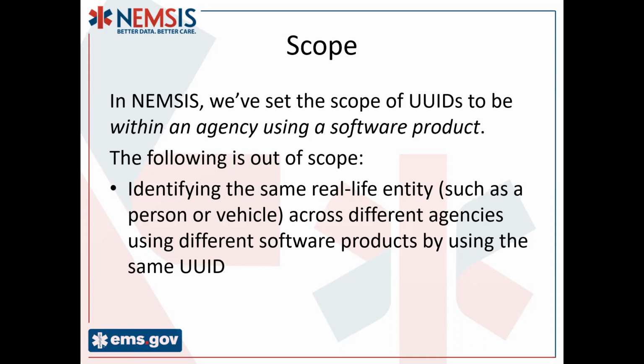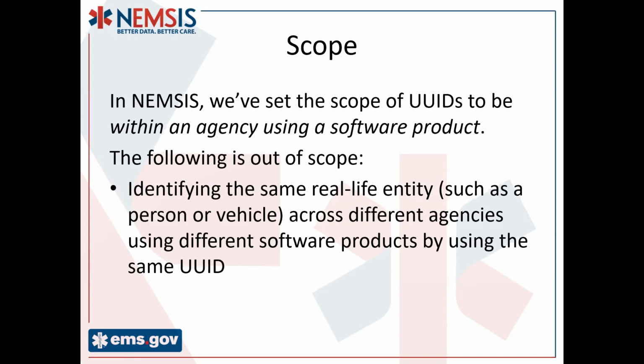I just wanted to say, even if two agencies use the same software, I would expect personnel to have two different UUIDs because they would be completely separate stacks. Some software products may do it that way, like each agency would individually enter a person on their personnel list, independent of the other agency, without the other agency's knowledge. So the system would just generate a UUID for each of those.